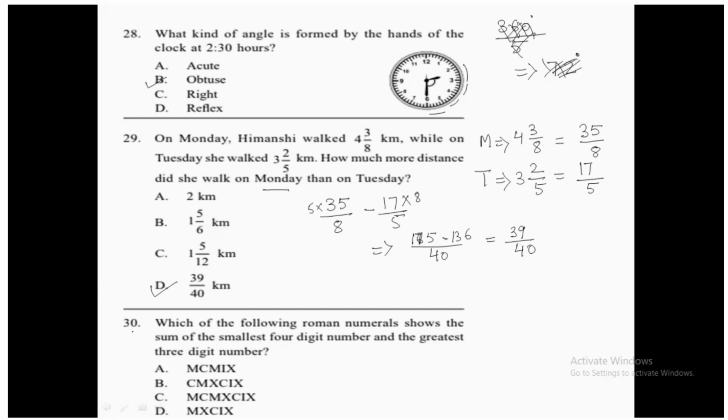let's move to question number 30. Now question number 30 is saying: which of the following Roman numerals shows the sum of the smallest 4-digit number and the greatest 3-digit number. So just let me know which one is the smallest 4-digit number that we have. The smallest 4-digit number we have is 1000. Okay, now the greatest 3-digit number. So the greatest 3-digit number that we have